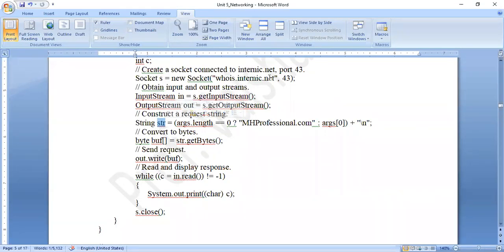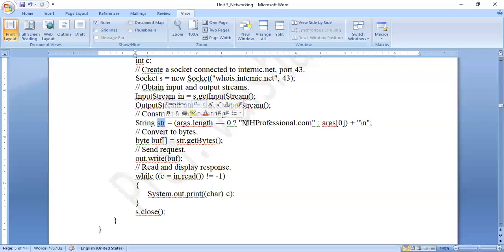As I told you just now, internet.net is a special type of website which stores the information of all the registered domains worldwide. Whichever domain gets registered with the internet, its information gets stored in internet.net. So this internet.net can be queried for any particular website name.